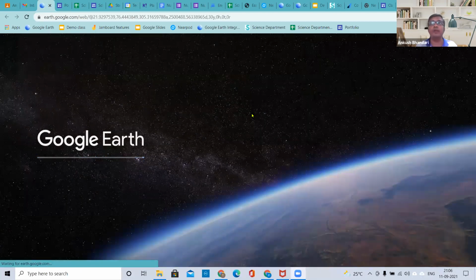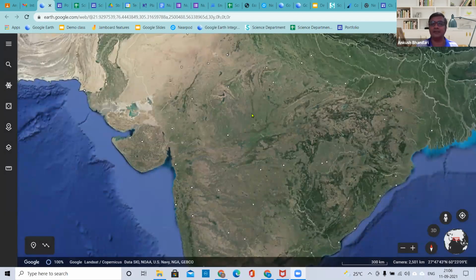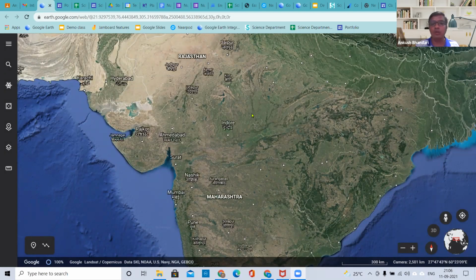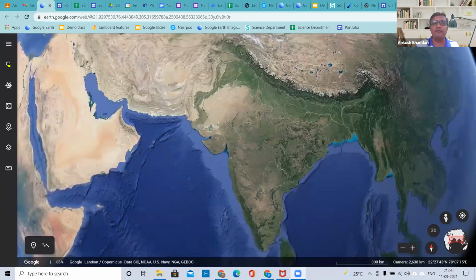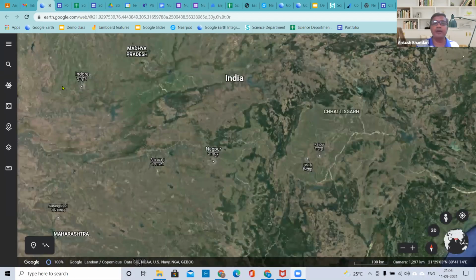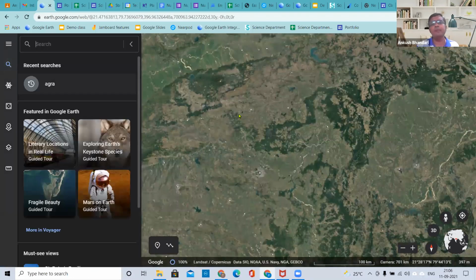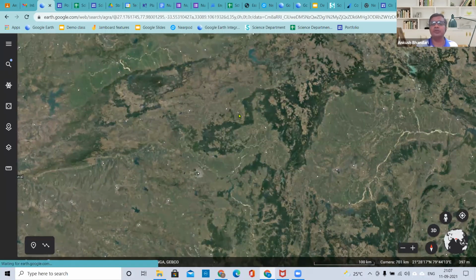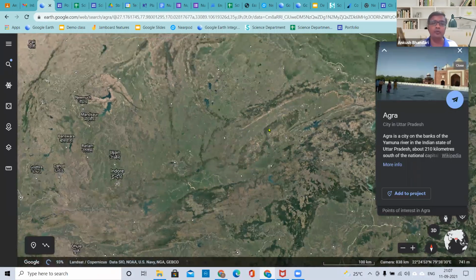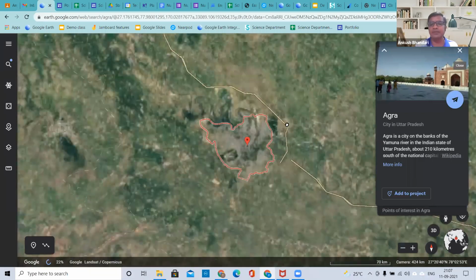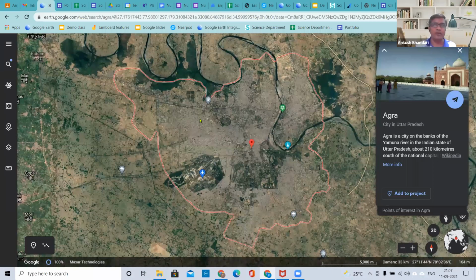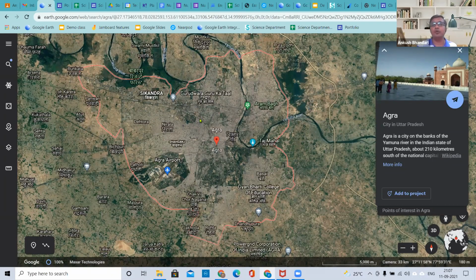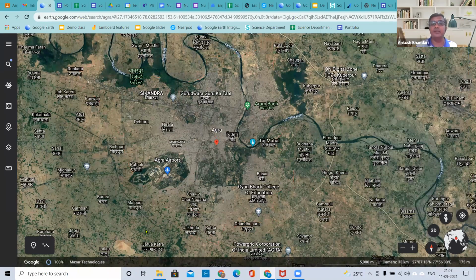This is the way we can integrate even AR and VR in the lessons. This is Google Earth, and here we can go to any part of India. For example, if I want to go to Agra, I can go to Agra or any other part of India. This is very good for virtual tours for any subject: science, mathematics, English. But how can we use it with our lessons? Definitely we can take students on a virtual tour. I will show you another thing. The way that we created a website, we can even create a complete lesson on this one.